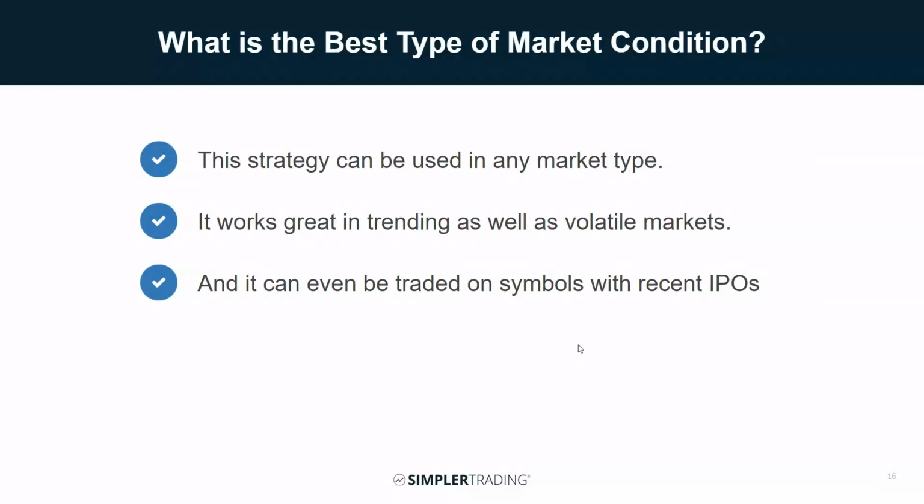So what is the best type of market condition for this strategy? Well, like I mentioned earlier, the strategy can be used on any market type. It works great in trending as well as volatile markets. As I mentioned, back in March, when we saw the biggest monthly range that the SPX has ever seen, or certainly within the last 20 years, this strategy worked phenomenally during that time, giving me great signals to jump in